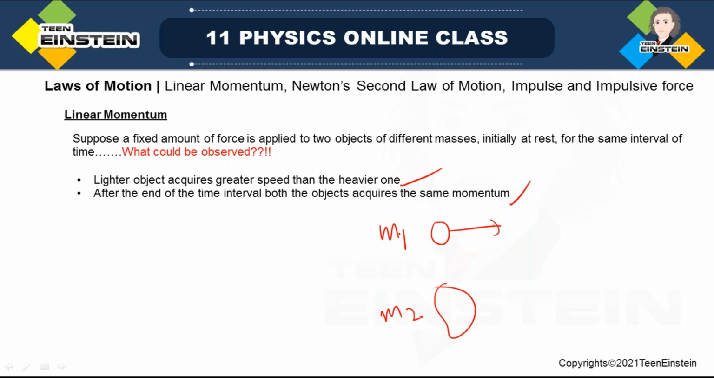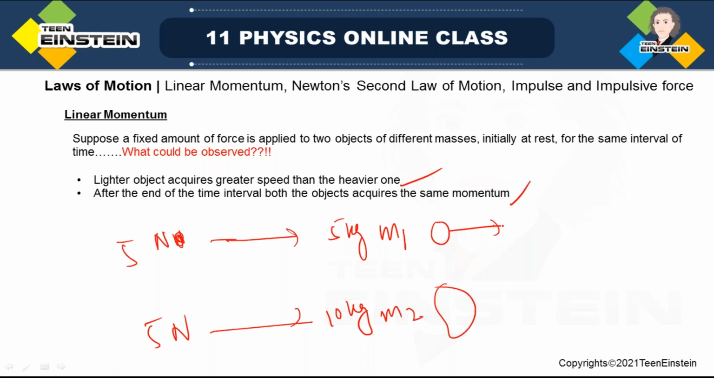Suppose this mass is 5 kg and this one is 10 kg, just for the sake of example. As soon as you give both of them some 5 Newton force, the same 5 Newton force to both, this one may acquire a certain velocity v1 and this one some velocity v2, where v1 is greater than v2, but at the end,